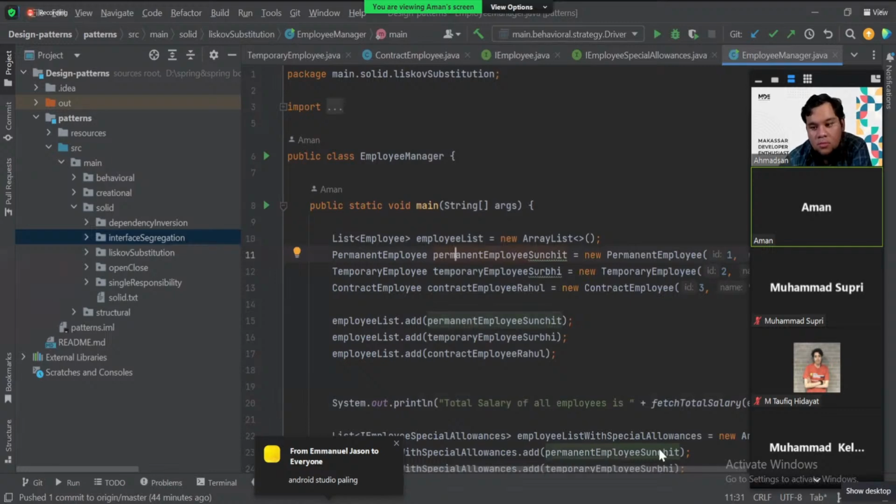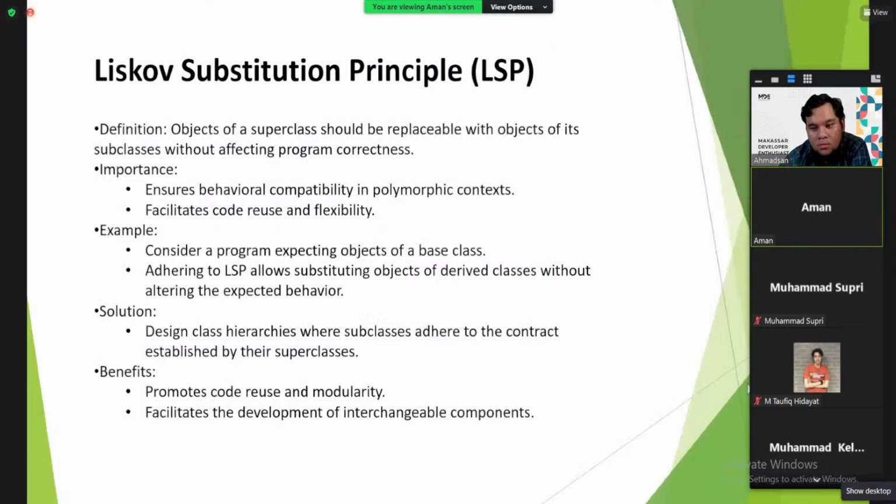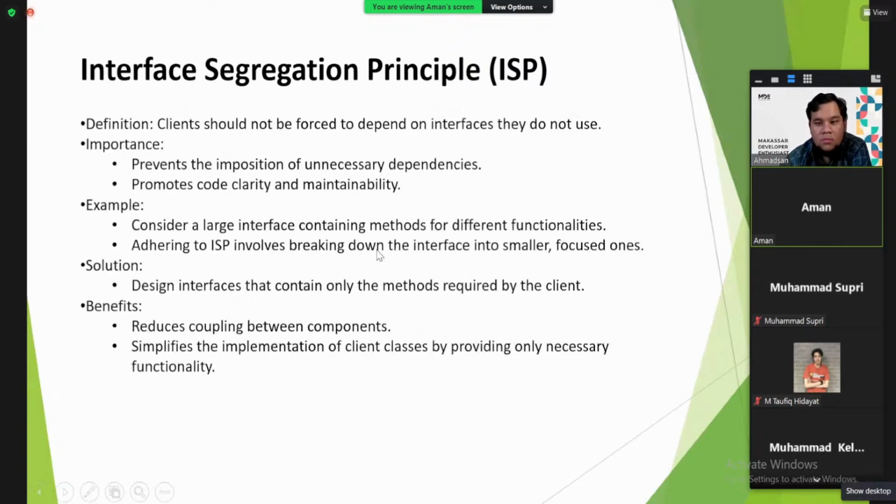So this was one of the examples of the Liskov substitution principle. So let's start with another one, which is the interface segregation principle, which stands for I of the SOLID. The client should not be forced to depend on